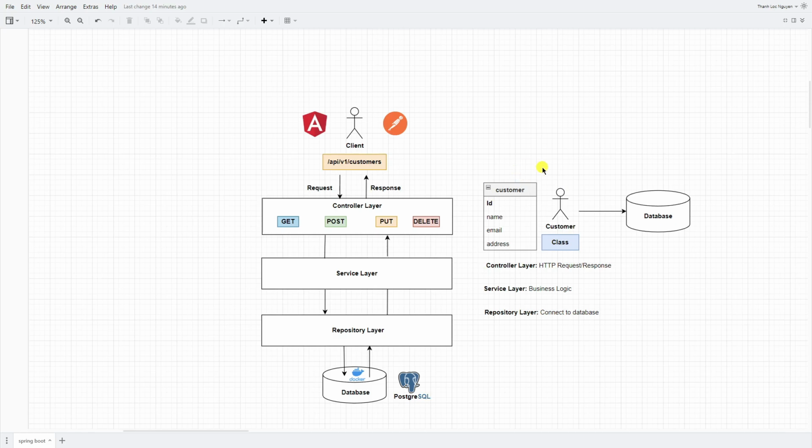So right here, we already have this customer class, and also we expose the customer API with a GET request. Now let's apply our customer API into the controller layer to make it the correct approach. But firstly, we will set up the controller layer. Then I will show you how easy it is to set up the service layer and also the repository layer.